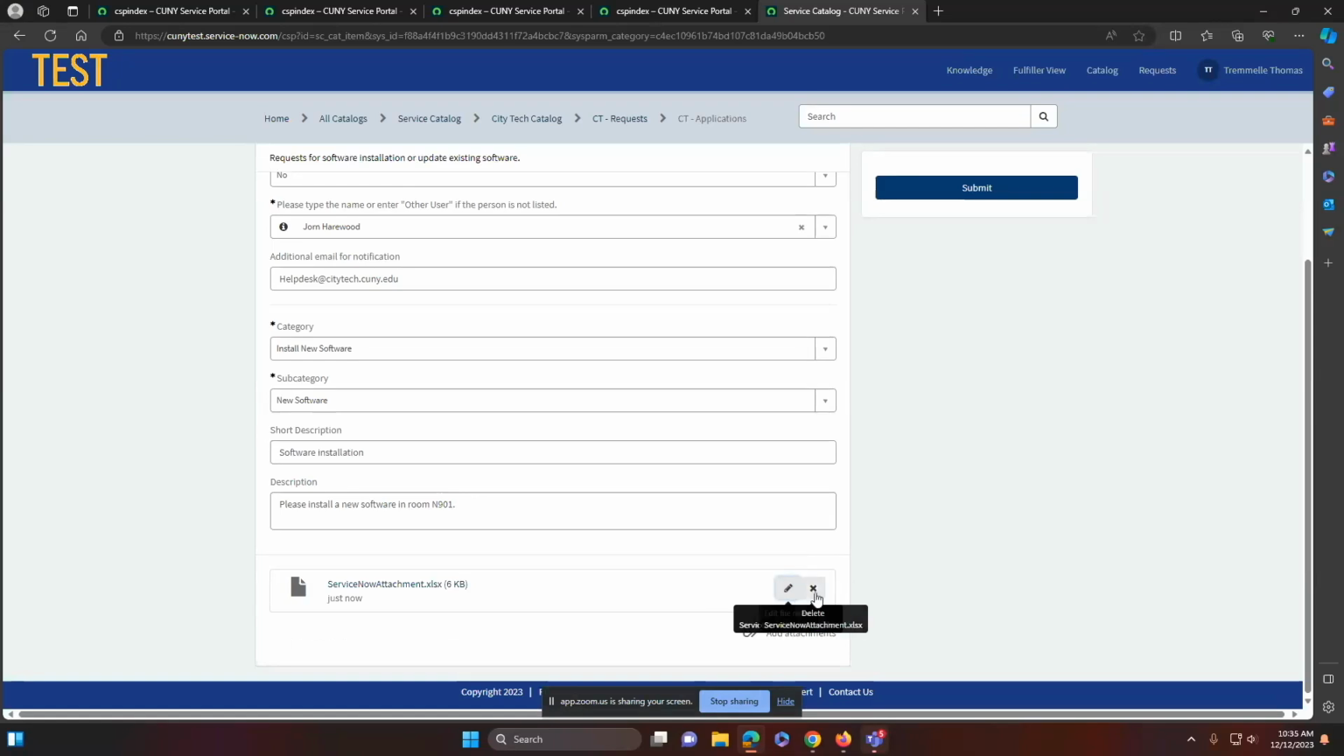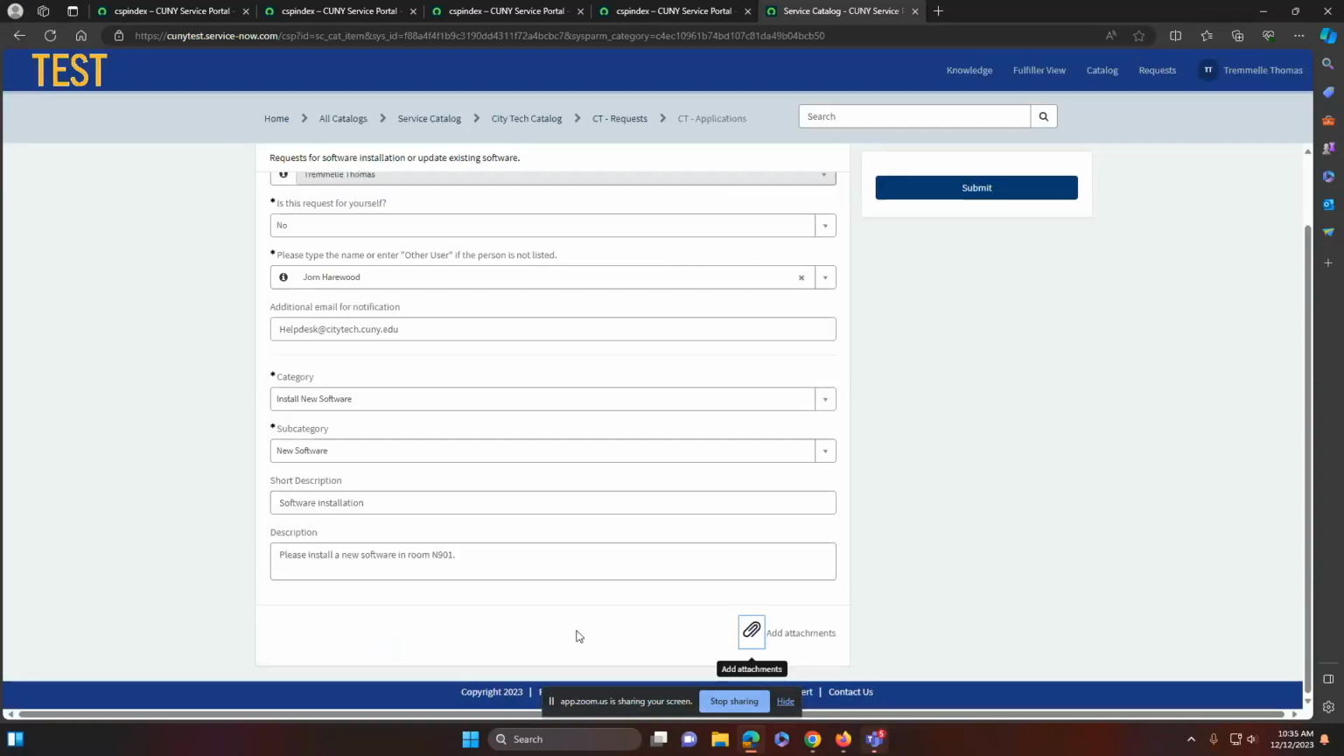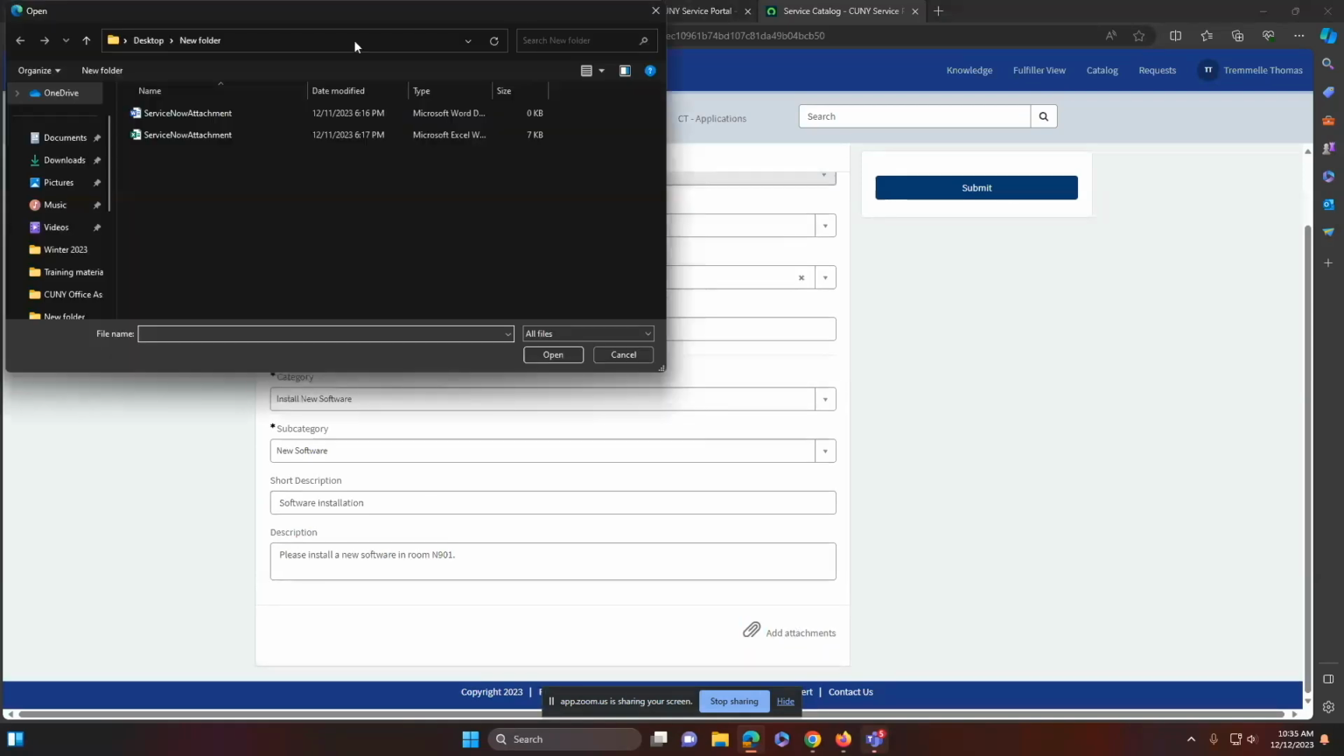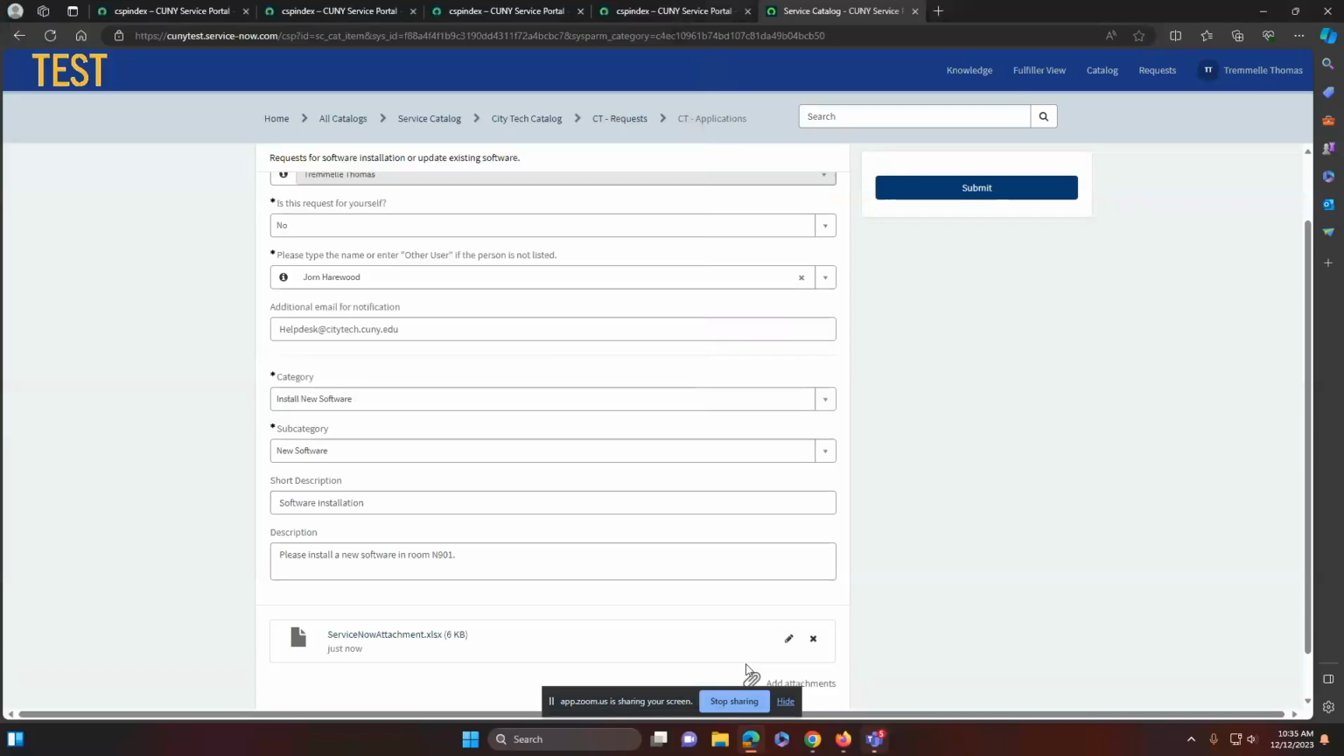So I'm going to delete it and I'm going to add it again. Once the form has been filled with the information that's needed and any other information you need to enter into the form, you have the ability to add attachments. The pin is there, and by clicking on it, you navigate to wherever you have your attachment. You select your attachment, click on open, and it adds the attachment there for you. Now, if you've made an error with the attachment that you've added, you can delete it by clicking on the X. Or if you need to modify the name of the attachment, click on the pencil icon and you can